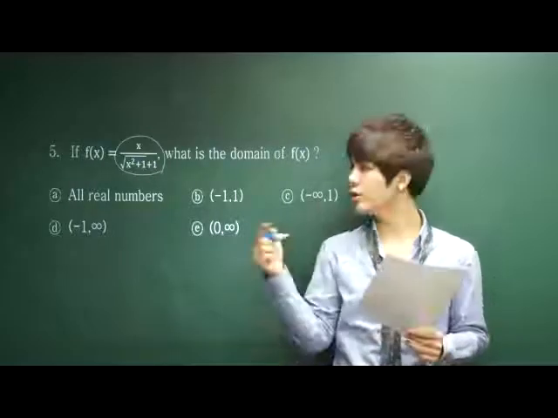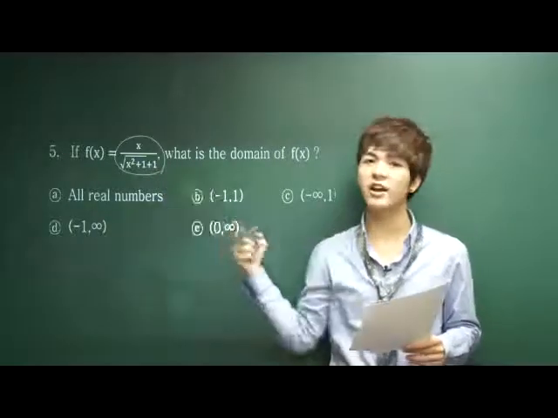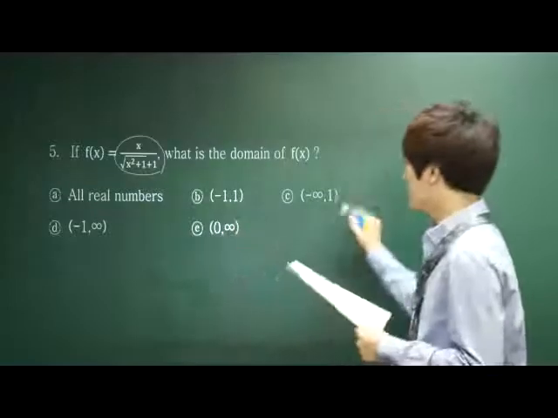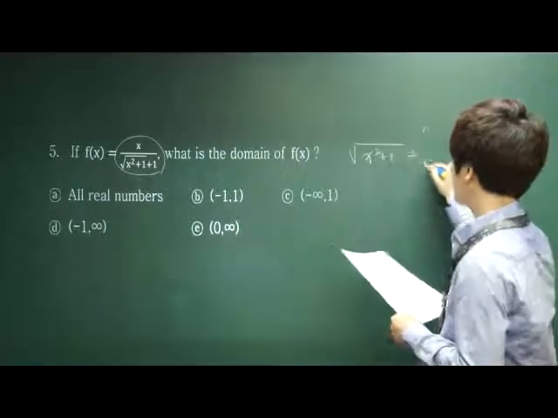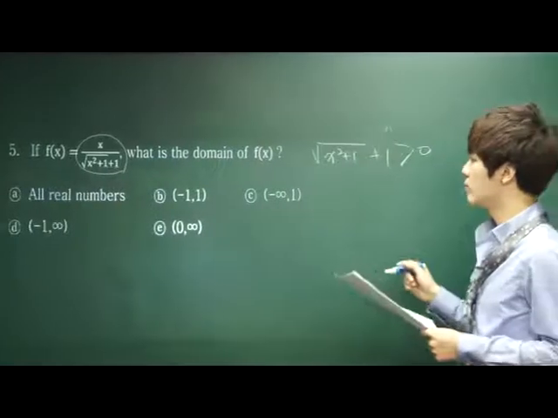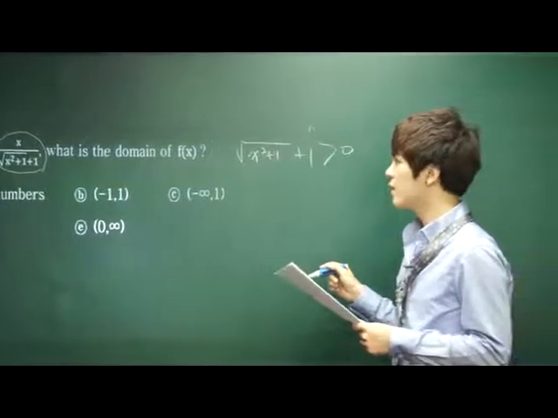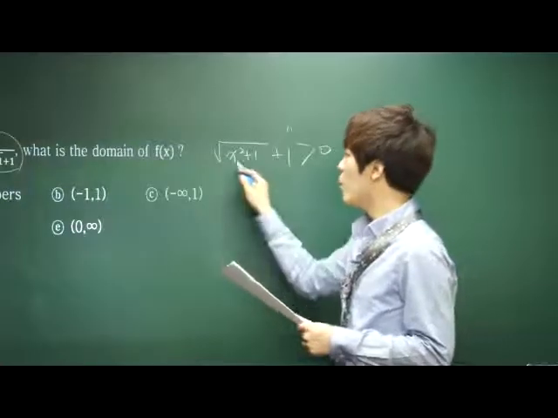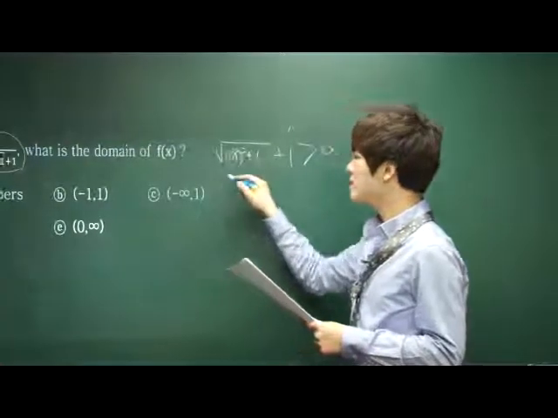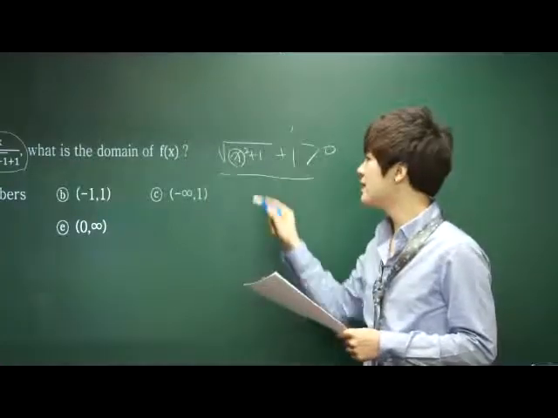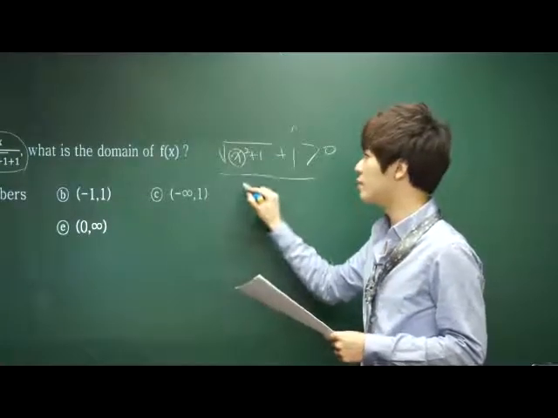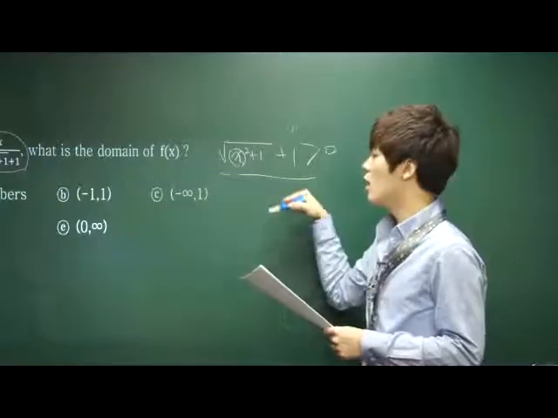Therefore, be sure that the denominator is greater than 0, right? So, square root of x squared plus 1 has to be greater than 0. And we can easily realize that whatever value we put in place of x, this is always positive. Why? Because it is an x squared, right? If you put negative here, positive here, whether you put it